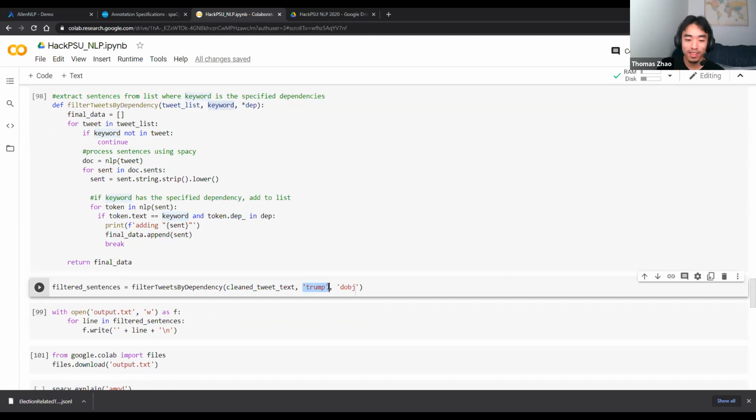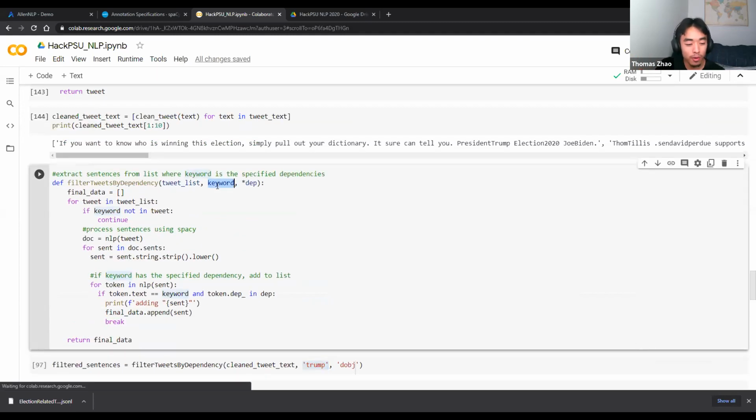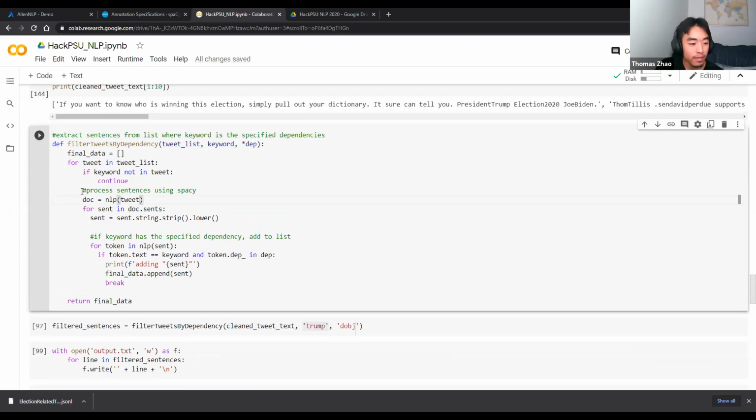So the reason why I'm doing this is I want to see what people are saying about, for example, Trump. And so in this case, our keyword would be Trump. So if the keyword's not in the tweet, we'll skip it. And if it is, we'll convert it to an NLP object.